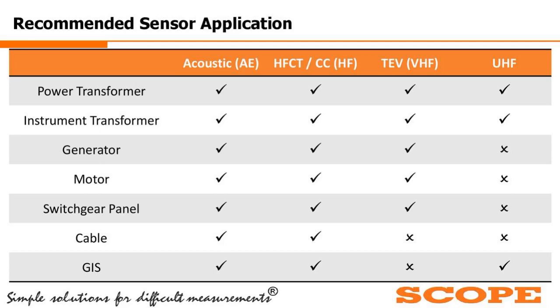Now, when it comes to the switchgear panel, the most effective thing is the TEV, and among other sensors, once again in the cable earthing path we can use the HFCT, or in the switchgear body we can use the acoustic. For cable application, the most preferred thing is the HFCT, which will be used generally